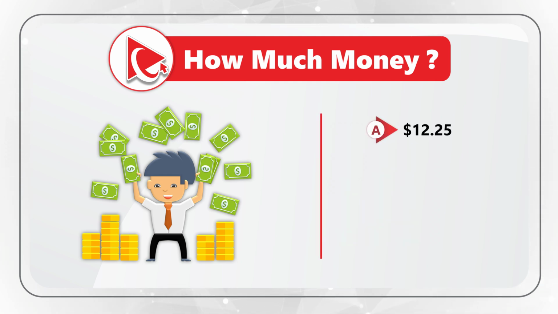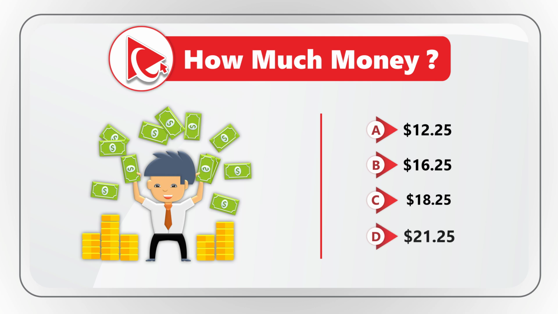Choice A, $12.25. Choice B, $16.25. Choice C, $18.25. And last but not least, choice D, $21.25. Make sure to pause this video and count all the dollar bills in the air as well as coins